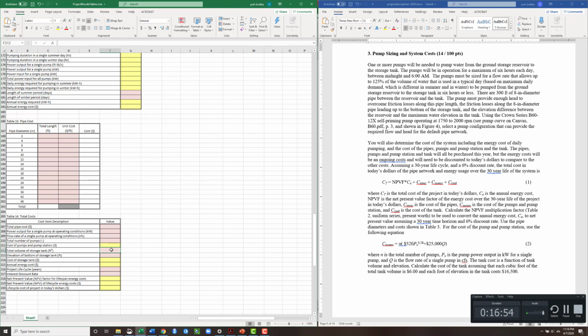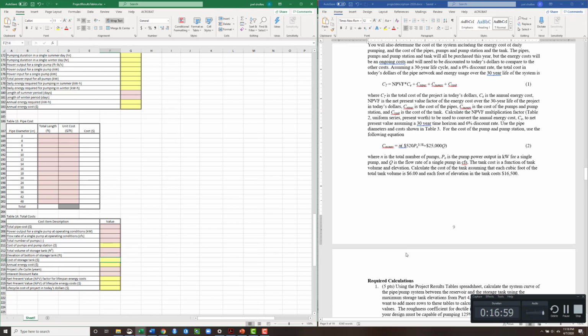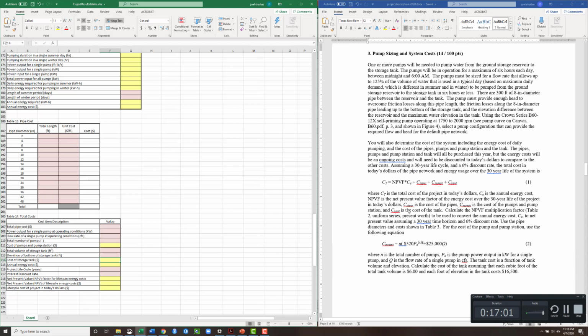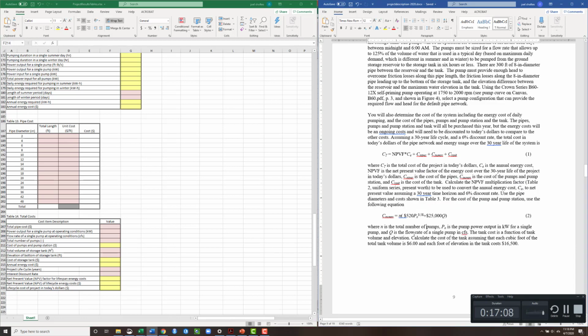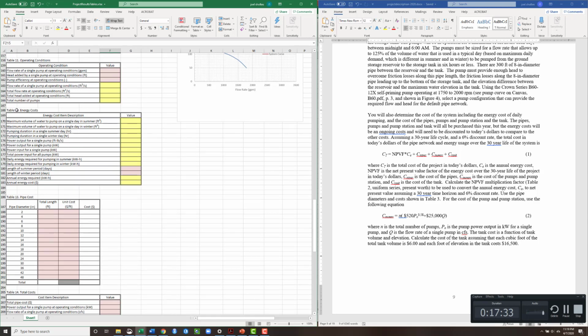We've got the volume of our storage tank, elevation of the storage tank, and then cost of the storage tank. And that cost of the tank is based off of this. So each cubic foot of storage costs $6, and each foot of tank elevation costs $16,000. So you can imagine you want to optimize your system by minimizing that tank height, because that's a pretty big cost right there. So we'll plug those values in that equation to calculate the tank cost, our annual energy costs from table 12,